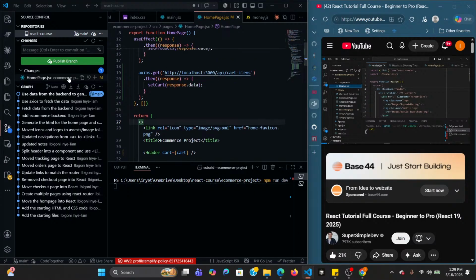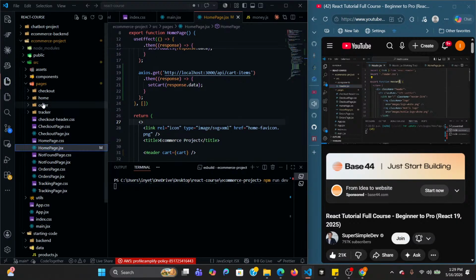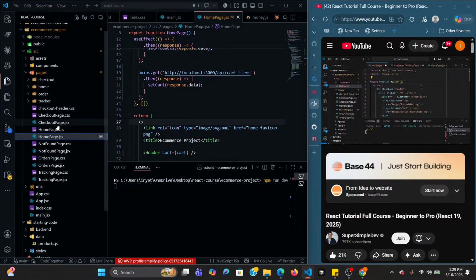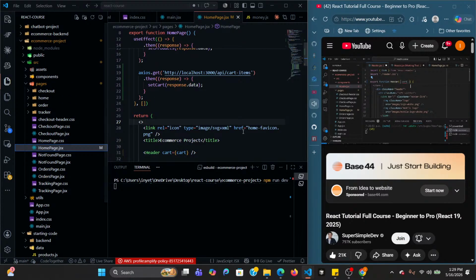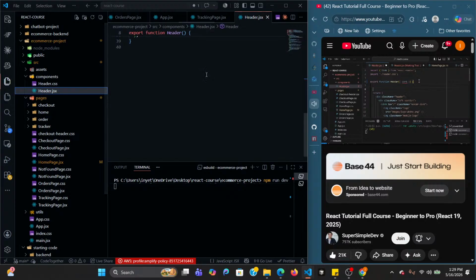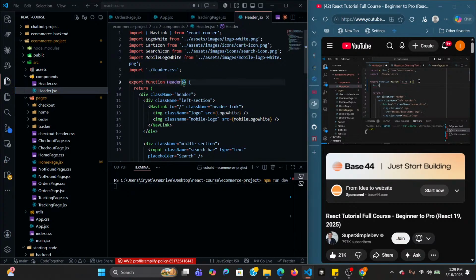And then inside the header, we're going to get the cart from the props. To do that, at the top we'll type curly brackets and the cart. As a reminder, this is a shortcut for this code. And now we're going to calculate the total quantity in this cart. So at the top, let's create a variable let totalQuantity equals 0 to start, and then we'll loop through the cart using